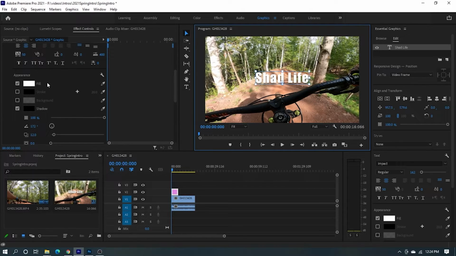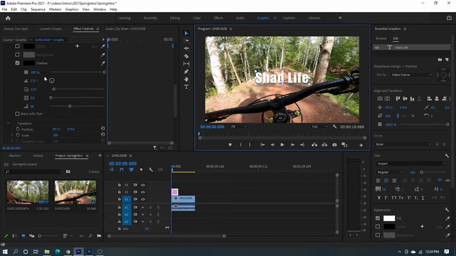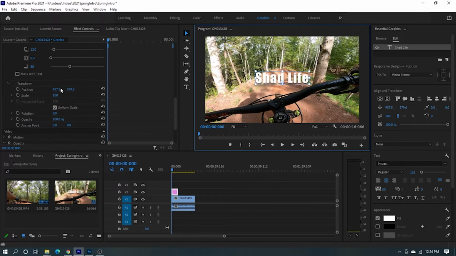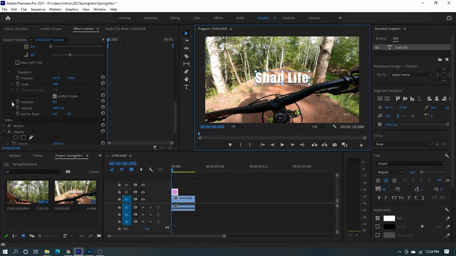Now we're going to scroll down and we get into some of this stuff going on here. And this is what's kind of interesting. So there's this rotation bit, right? So what I learned is originally, I'm going to drag this out a little bit more so you can literally